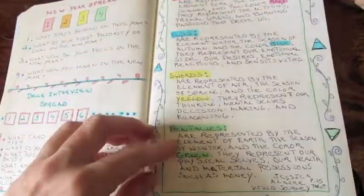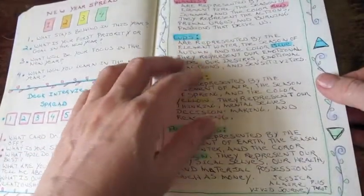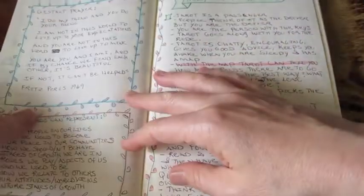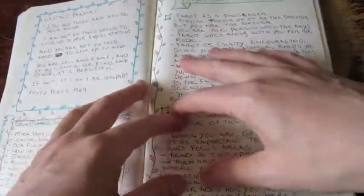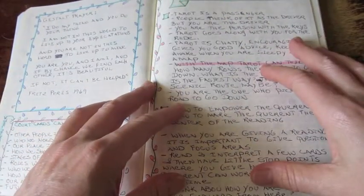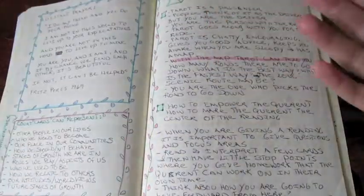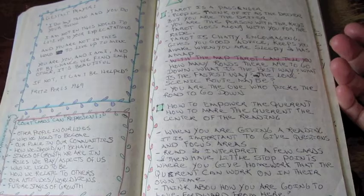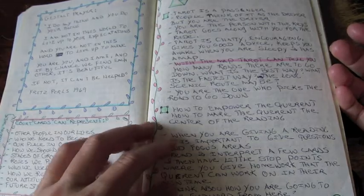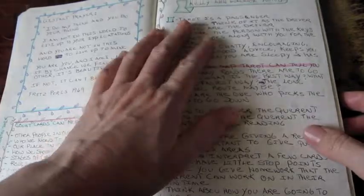These are the elements as they connect to the suits. So cups is blue, and it's water, swords, pentacles. As I was learning this stuff, I was just putting it in this book. I like to copy videos because they have the subtitles, so you can read the words. It takes a lot of time, but